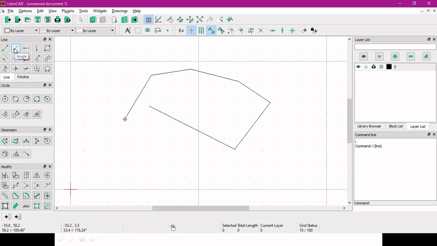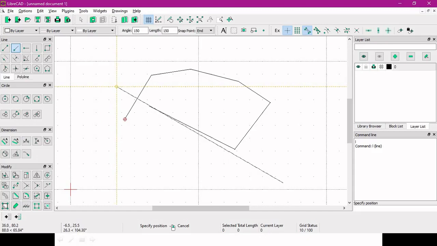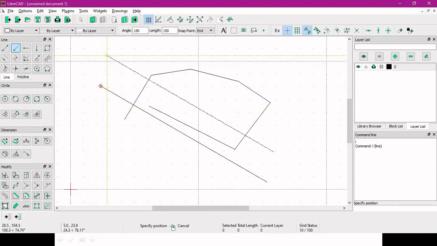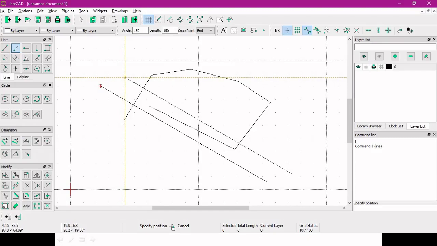This is the angle tool. Let's click on it. Once we click angle, it will ask for the position to place. So select any point, and you will get the angle line, a line with the particular angle which you have given. Here one bar is there, you can see, it is the angle description. Here you can change the angle you need.